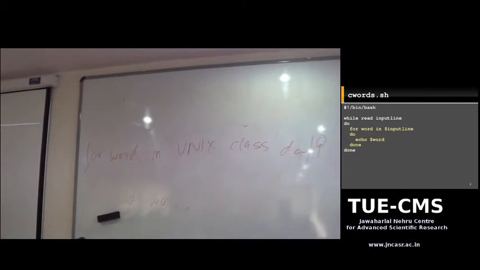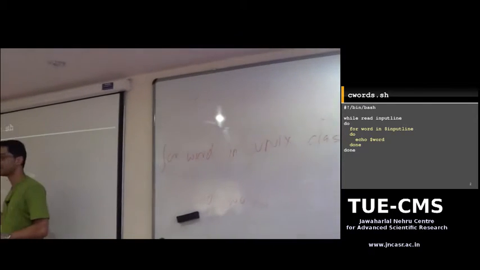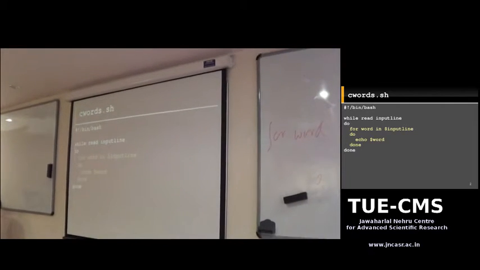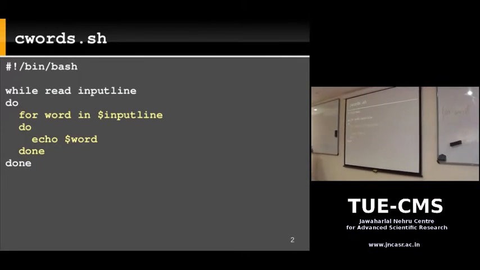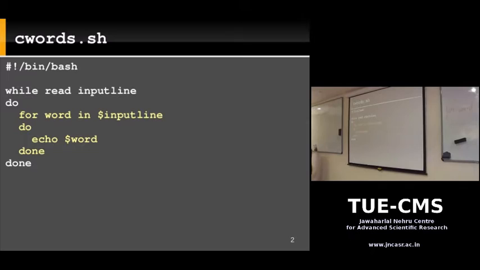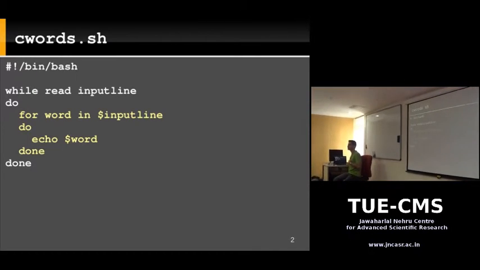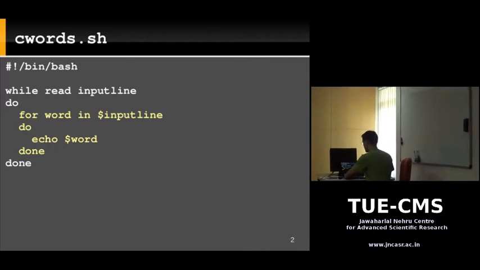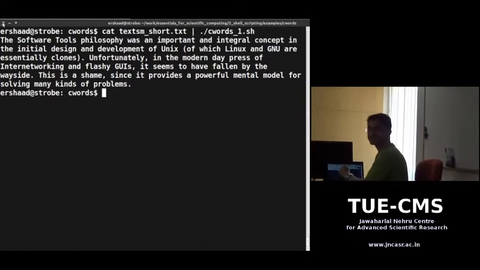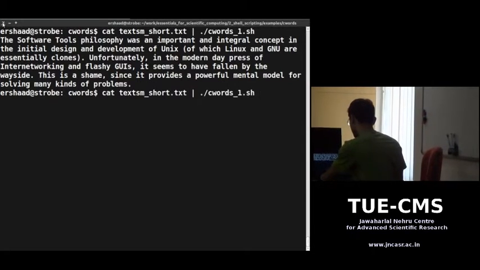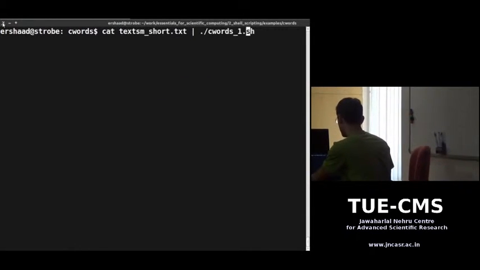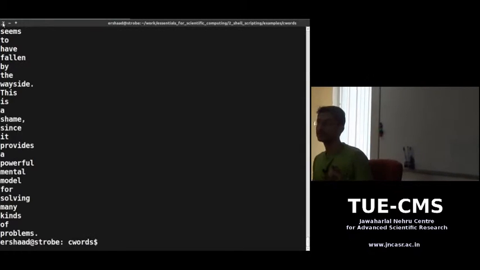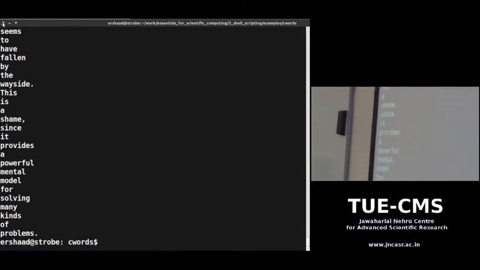Over here we're just echoing that variable. So I saved this also. What do you think the output is going to be? What does echo do? There's one small detail about echo. After echo writes a string to the standard output, it also appends a new line to the end. So what are you going to get? All the words, each on its own line. Exactly. I stored this as C word 2, the exact same program. So you got every word in every line.